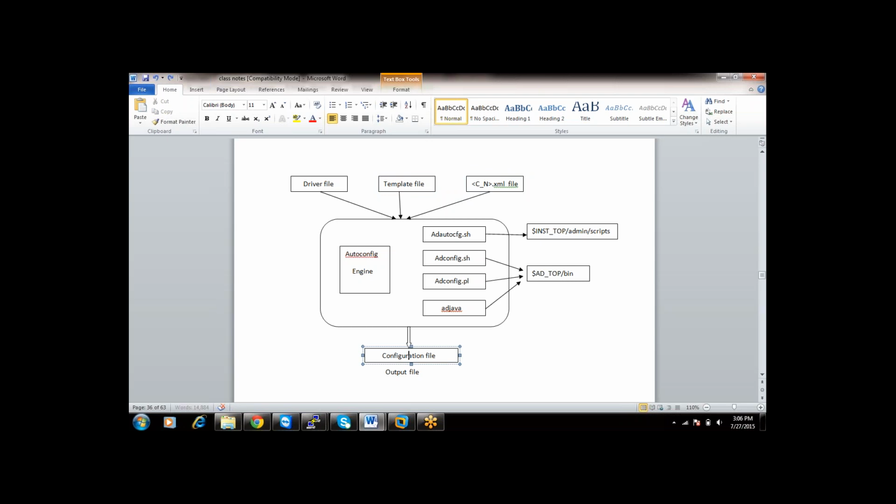Your template file itself is a file, right? Your template file contains only the parameter name. Let us take an example of a context file. Your template file contains s_login_page, but it doesn't contain the value. For s_login_page, it will go to the context file, take the value, and override it in the configuration file.